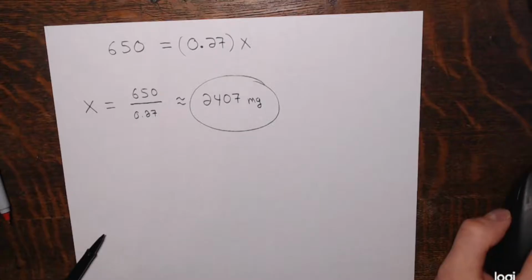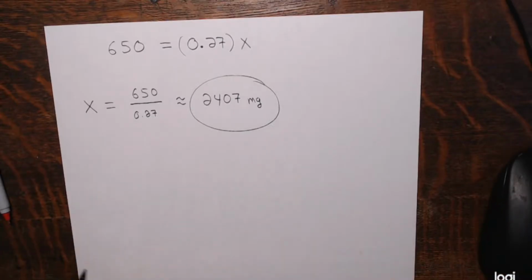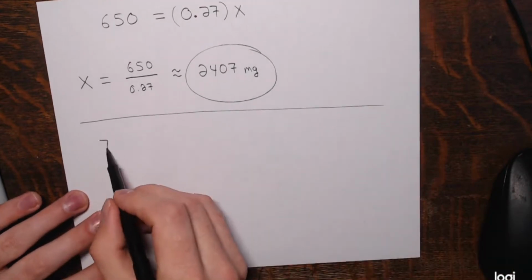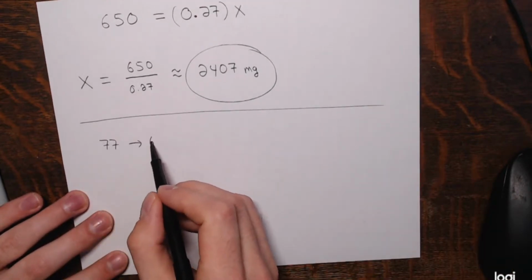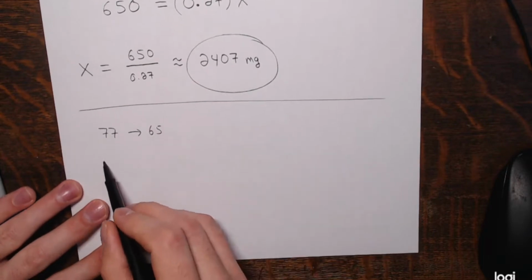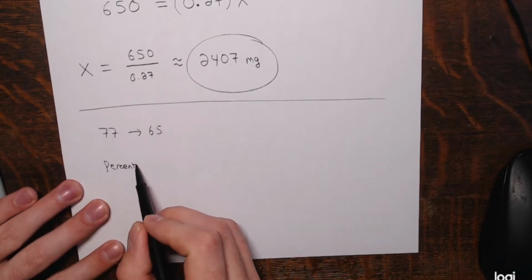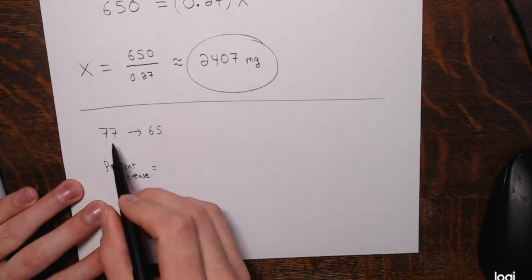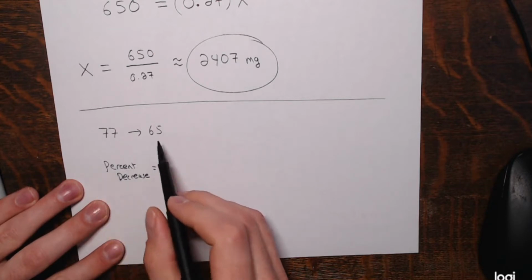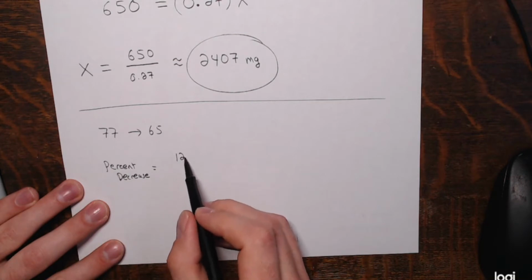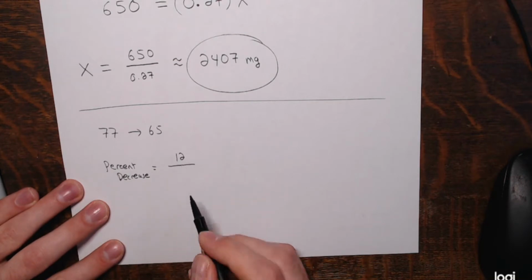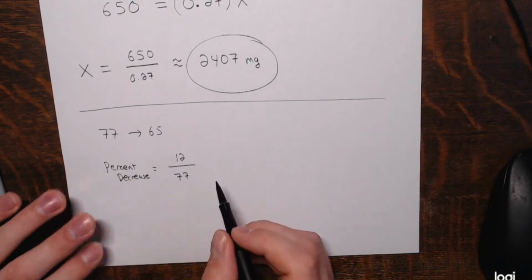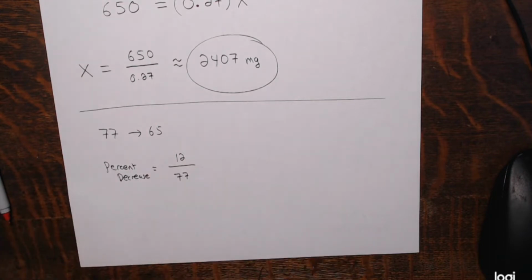So again, remember, I'm going from the original amount to the new amount. The percent decrease is a percentage of the original amount. So what's the change? 77 minus 65 is 12. Just put the difference up top, divided by 77, and then we're going to change that to a percentage after. Now 12 divided by 77,